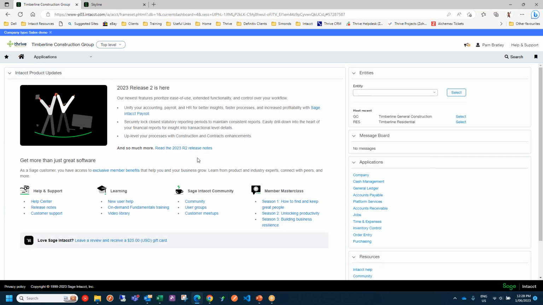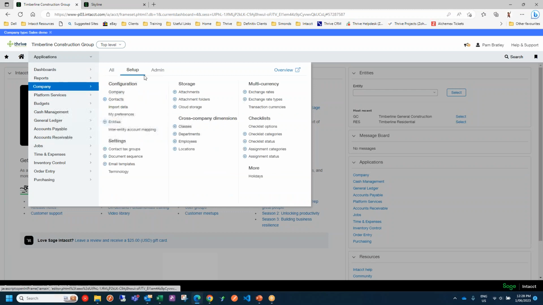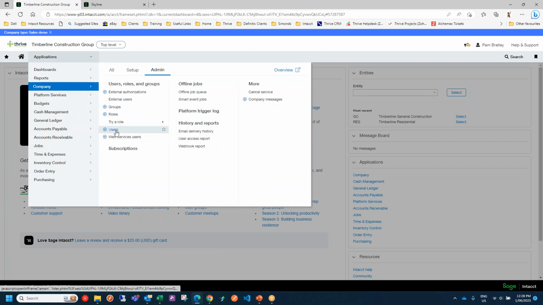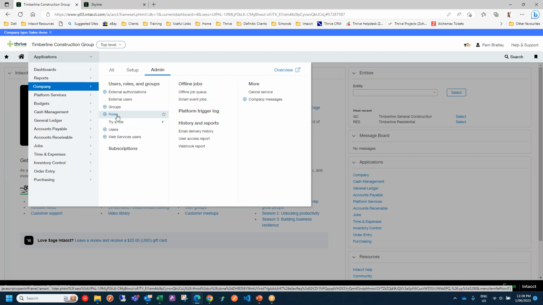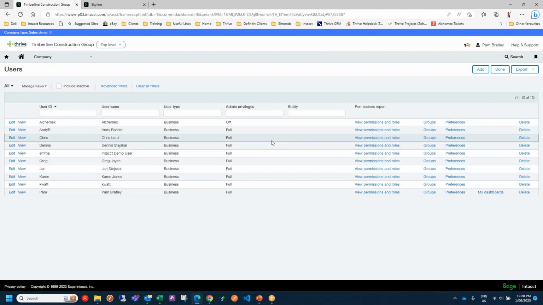In terms of who has access to which dimensions, that really comes down to the permissions. So it does have very granular permissions for users and roles. So you can actually get in there and set up roles that are applicable to the different positions within your company, and then apply one or more roles to your users. Now, in terms of your user setup, you can then restrict even further to say,